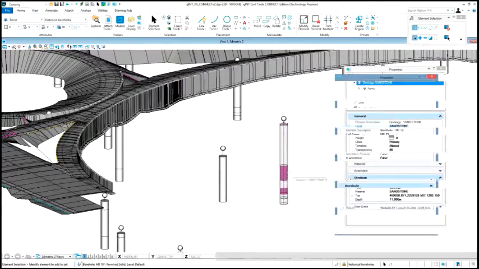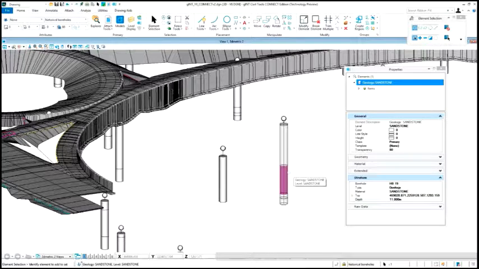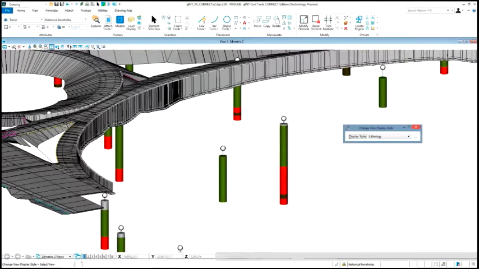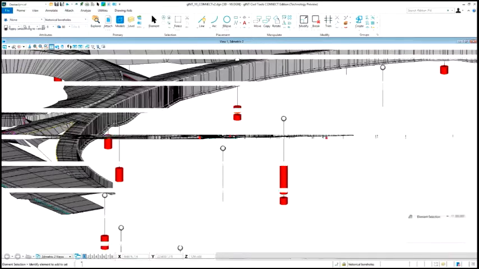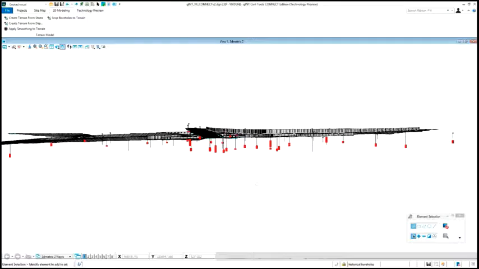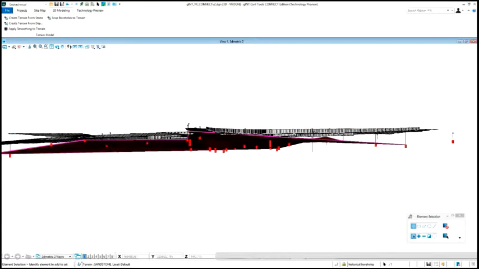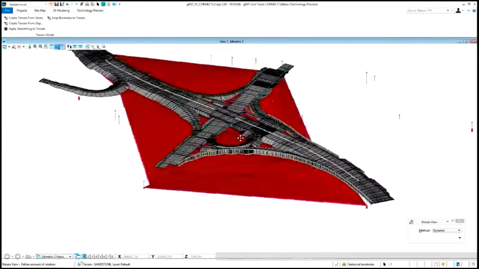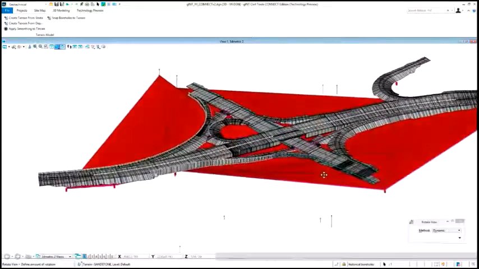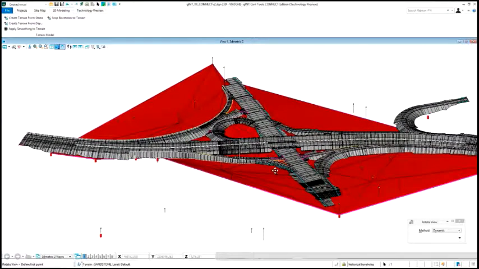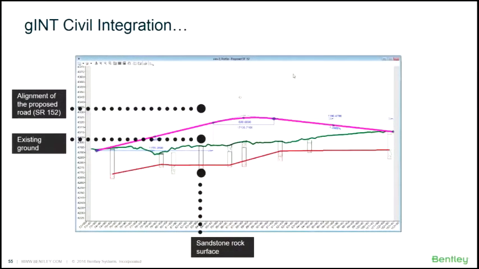I can isolate individual layers or the strata. I can apply display styles to the borehole itself, so if I want to see it like that, or I can isolate to a particular material type. And so if I isolate a particular material type, I can also use some of the utilities to basically extrapolate from the material locations to an actual terrain model. So if you want to produce a subterranean model or surface design, you can for each material type. So this is particularly useful for plans production within OpenRoads Designer, or just visualizing profiles and things of that nature